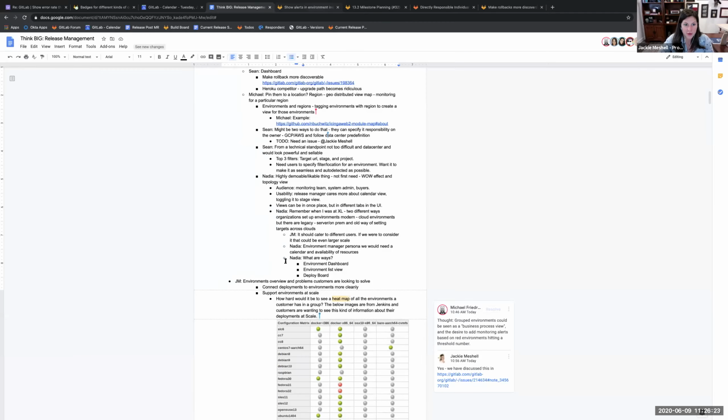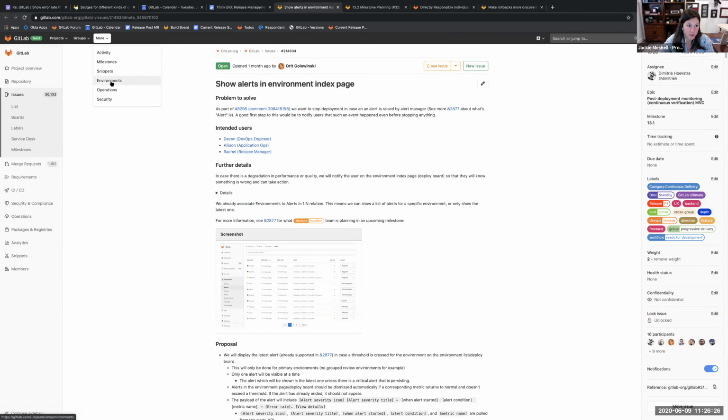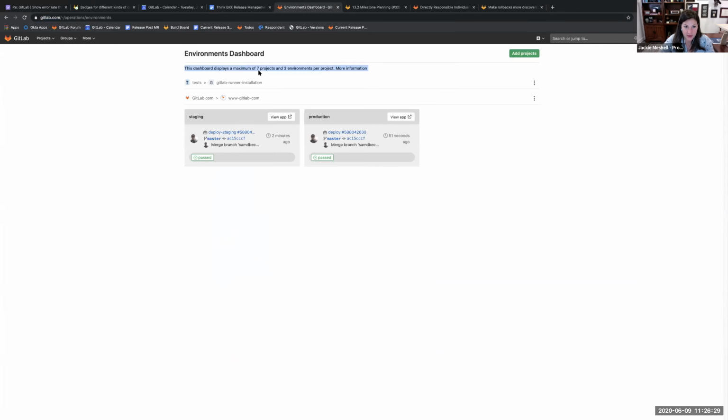So I can tell you that we have an environments dashboard that is super restrictive. We have 7 projects and 3 environments per project. So it allows you to see a very limited subset, though it is cross group. That's nice, all of your projects within a group can be pulled on here, but with only 3 environments per project, that doesn't give you the global view if you're running a 100 target deployment. This is what people aren't using today, but they would like to use if it supported more environments. And then of course we have the environment list view